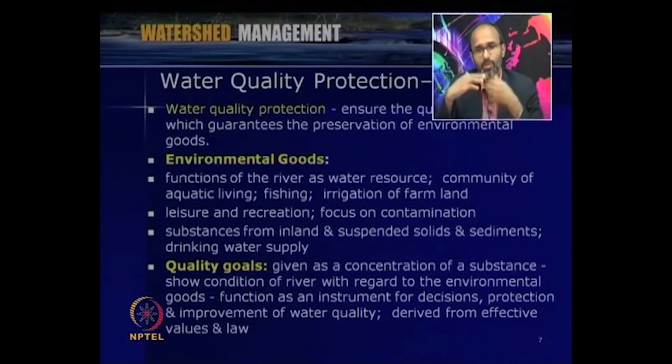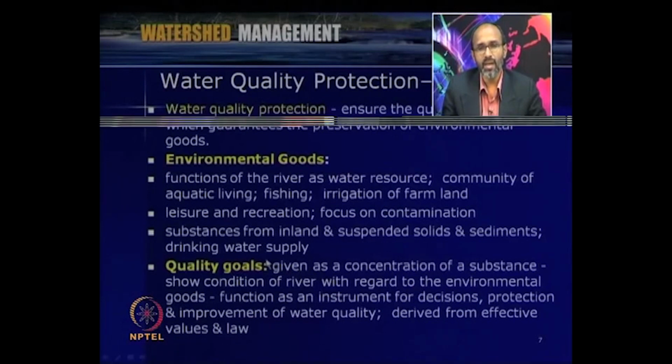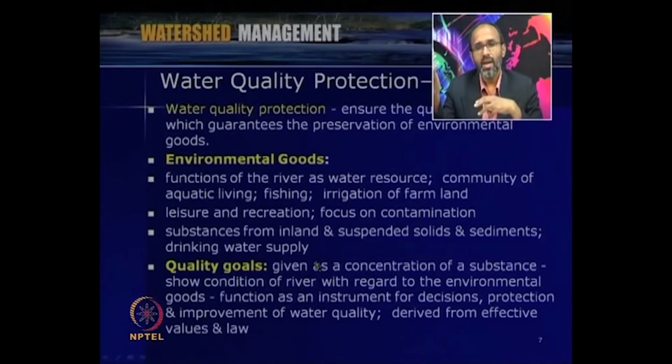With respect to specific usage and the available sources, we can set goals for either surface water or groundwater. As we discussed, most of the time there will be interaction between surface water and groundwater. So if the surface water, like rivers, lakes or ponds, is affected, that may also automatically affect the groundwater system. Water quality goals are given as a concentration of a substance, like TDS should be less than 500 ppm, or fluoride should be within the range of 2 ppm. Like that, various quality goals we can set.